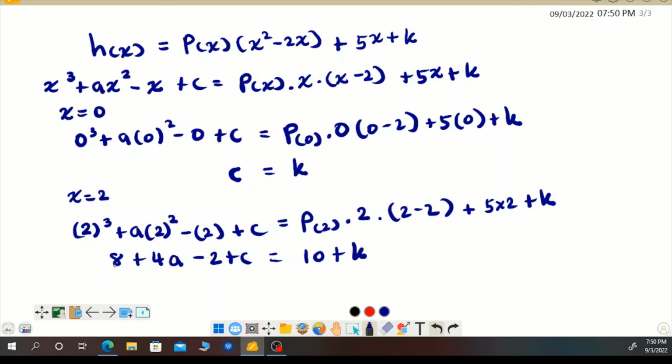I can simplify this. 8 minus 2 is plus 6, then 10 minus 6 means 4. So I can write 4a